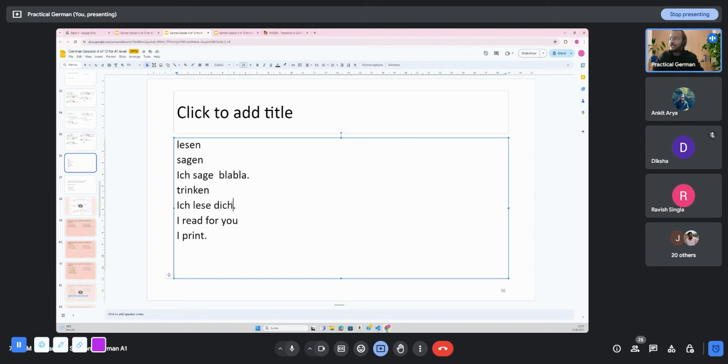One example more. So if I say ich lese dich or ich lese dir, let's say there are two sentences, ich lese dich. Now here it's not good to make mistakes. So let's say I know your German is not perfect. And if you say ich lese dich die Zeitung, I will know you want to say ich lese dir die Zeitung. You just made a mistake. It's a sweet mistake, I know.